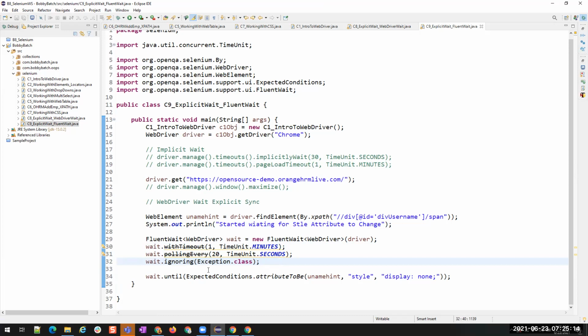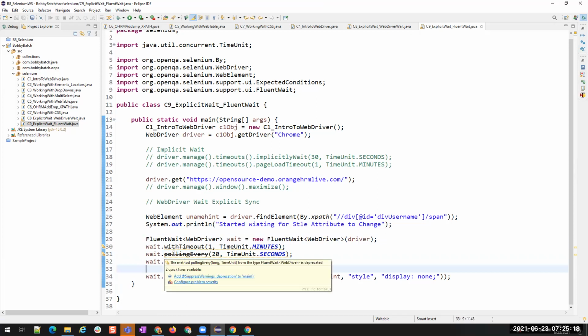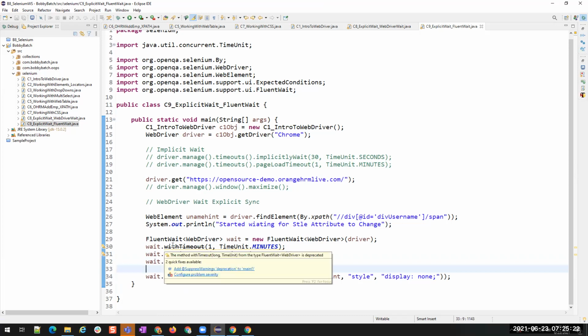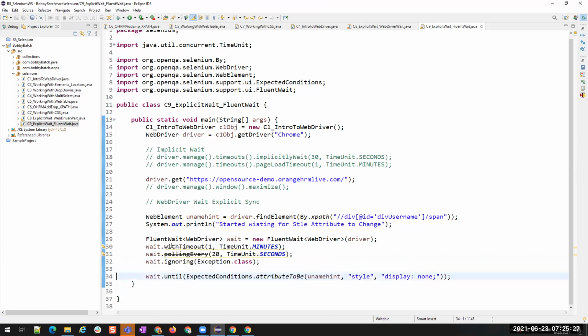Yes, Nikhil. Okay. Now you see these two methods, with timeout and polling every, are deprecated. Deprecated means, people who are using Selenium use different versions of Selenium, right? Throughout the globe, whoever is using Selenium might have started their project a long time back, and they might be using older versions of Selenium.